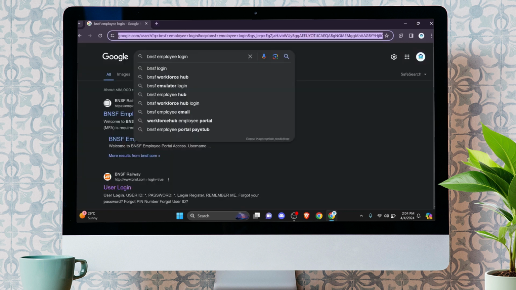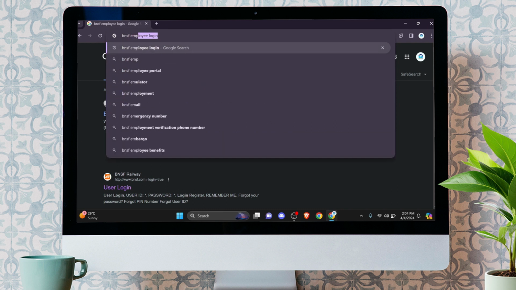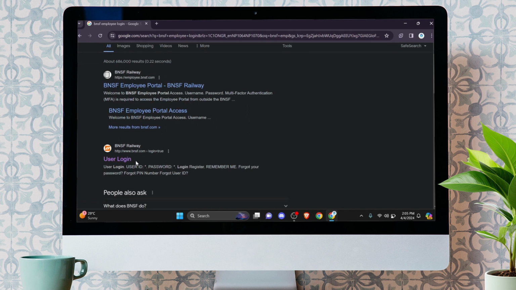Open your default browser. In the address bar above, please type in BNSF employee login. This may take a few moments, but you'll find this type of interface where you can proceed to the second link. Click the second link, and you will advance to this type of interface where you will be asked about